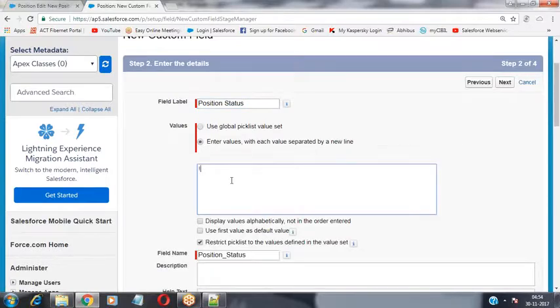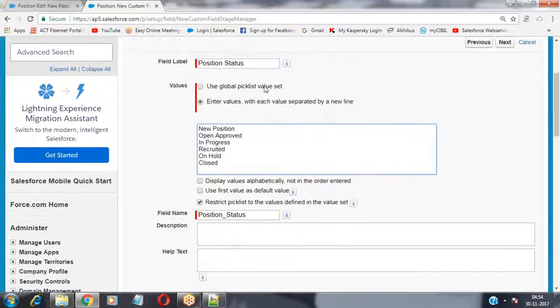I am populating the values: new position, open, approved, in progress, recruited, on hold, closed. So these are the values I would like to populate inside my position status field.